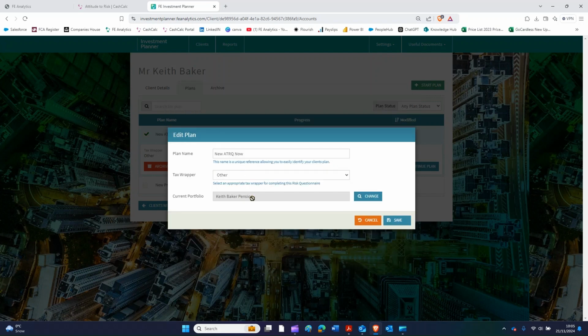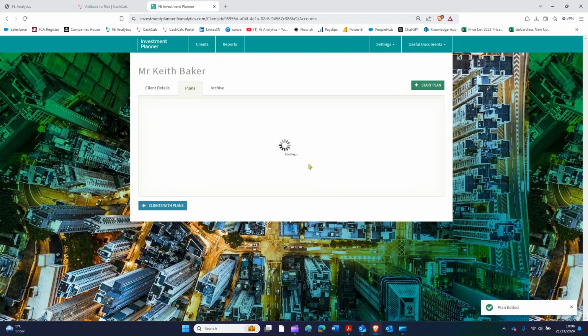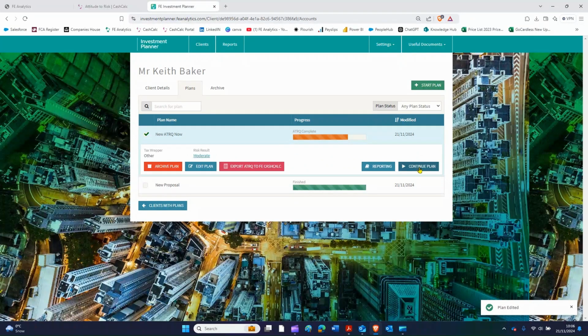It's a pension, and this could be a pension that I've built myself on analytics manually, or because it integrates with the likes of IO, Xplan, Curo, this could be an existing portfolio that you've pulled into analytics. You can now attach it to the ATRQ, and I can save it. And once that's tethered or linked, and the plan is saved,